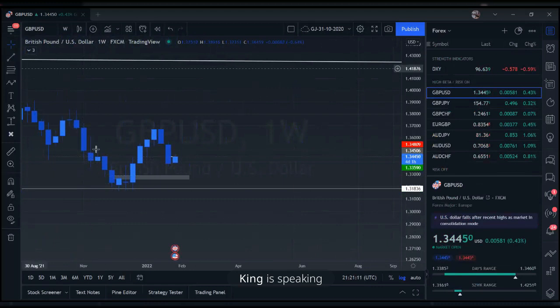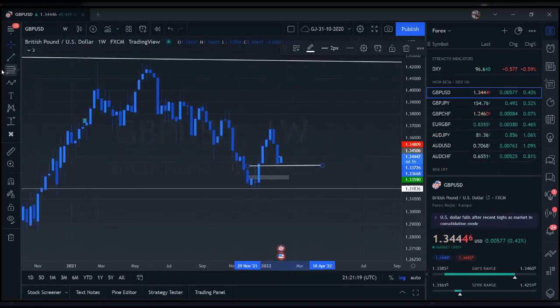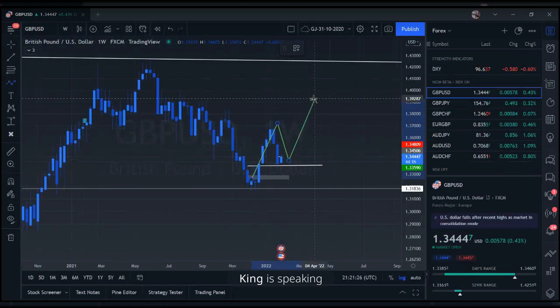There's a support level here. Not the strongest, but it is a weekly support level, so we might just be seeing changing market structure, possibly back either up to these highs